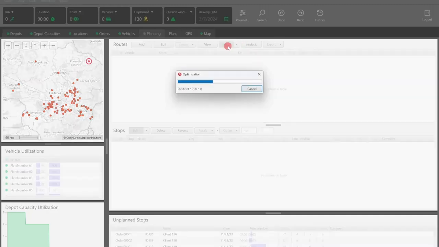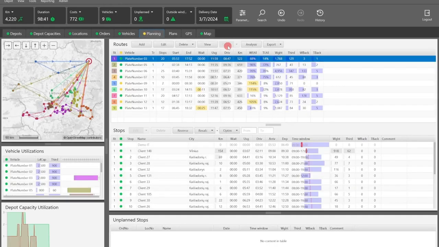Click Optimize. The system begins to select a list of routes, a combination of delivery points, which on the one hand ensures that we comply with all previously introduced restrictions, and on the other hand shows the amount of costs required for the delivery of orders with the available resources in the form of transport. All costs are taken into account that correspond to this machine, and as soon as the system finds a more